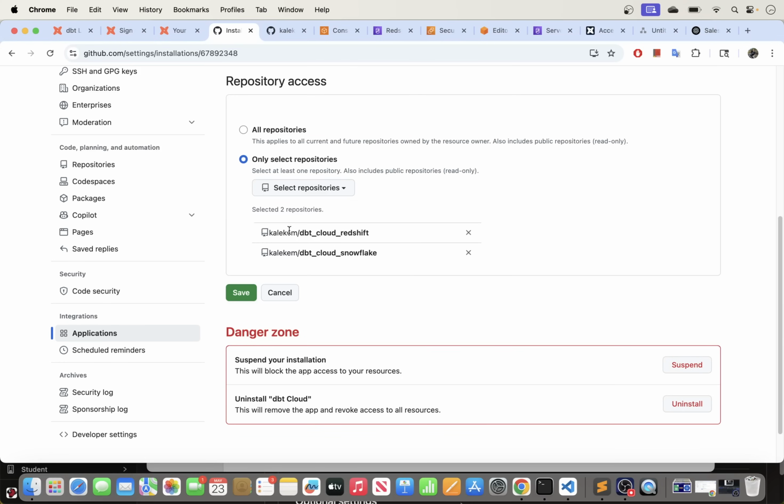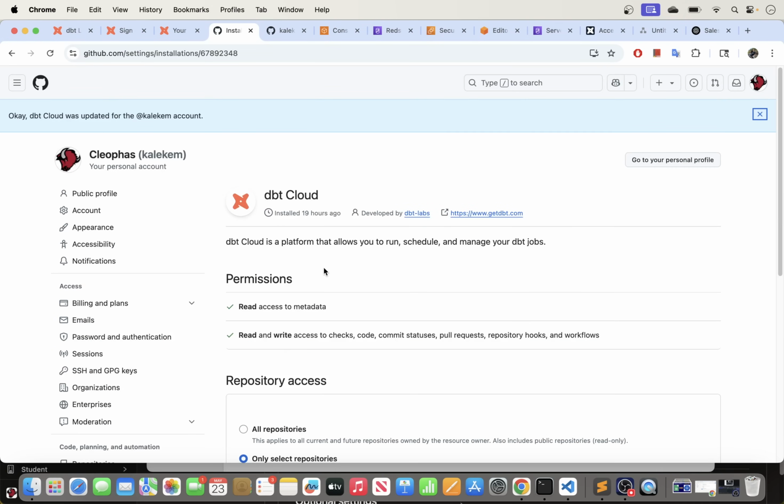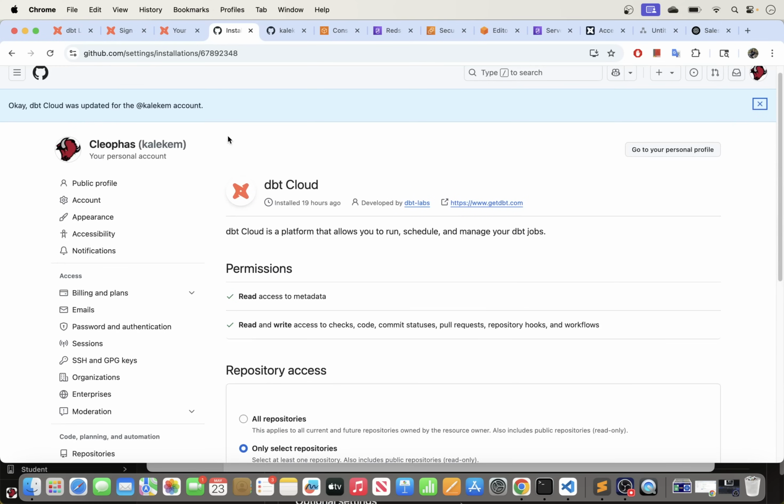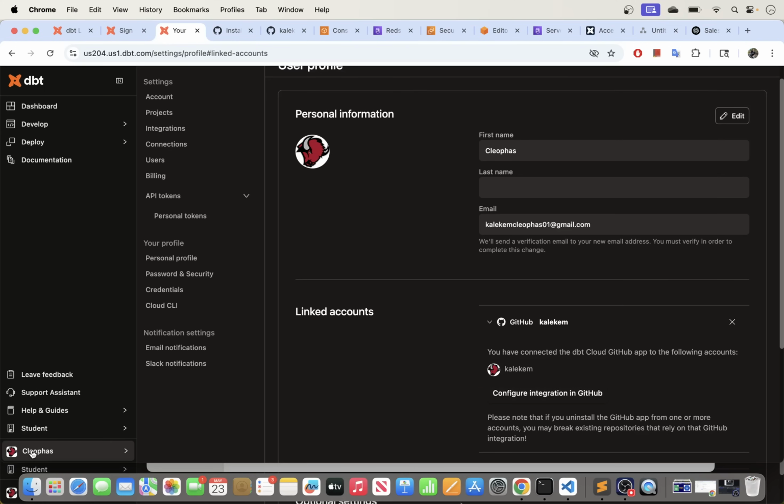So I'll select that. Now you can see here, I do have also DBT Cloud Snowflake. I previously did a video on Snowflake, so that is why I do have this one here, but it's not necessary. You can just only limit to the Redshift one. Okay, go ahead and save it. And now we have given DBT Cloud access to this repo, and therefore when we go back to our DBT account here, you can see now that we are linked into our